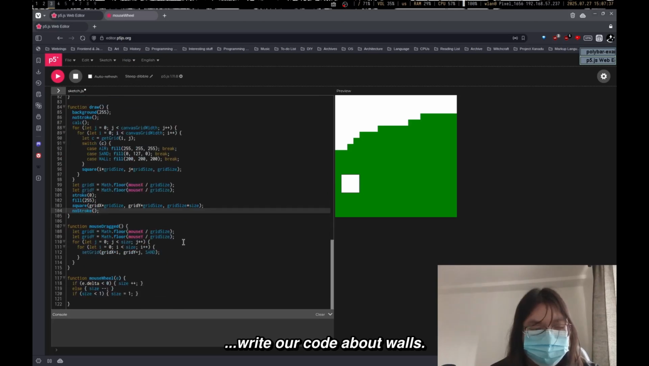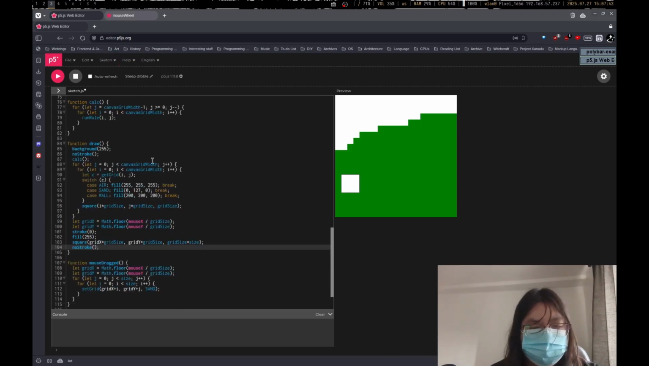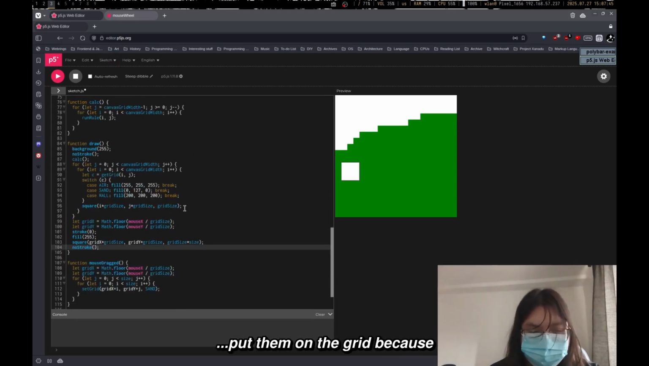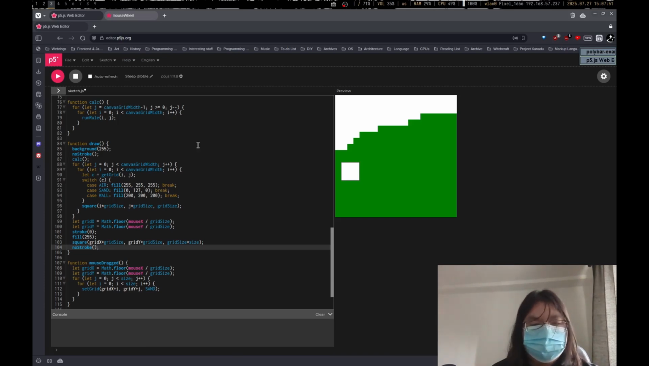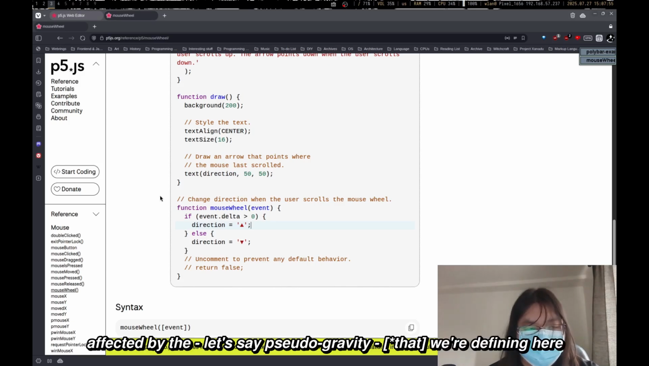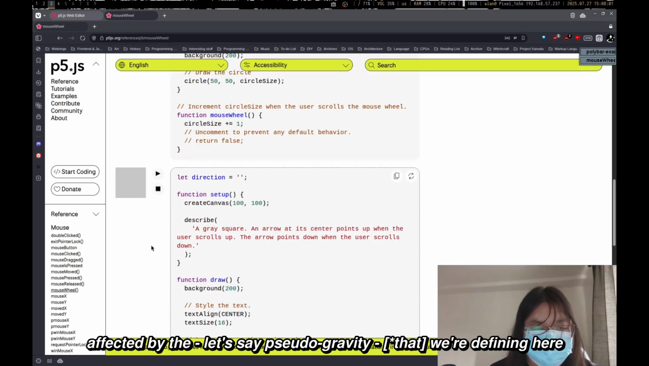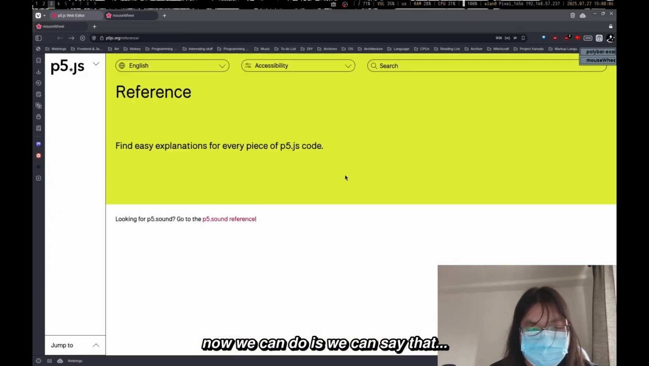And we can now write our code about walls. There are no rules about walls. You just put them on the grid, because normally they are not the kind of thing that will fall. Those are not the kind of thing that will be affected by the, let's say, pseudo gravity we are defining here. So what we can do is we can say that